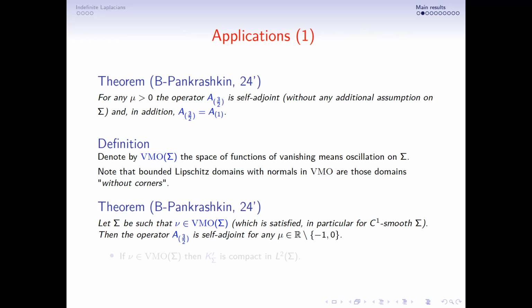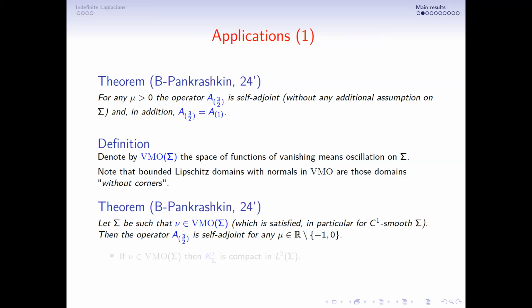So, well, we can say that VMO is close just to C1. It's very close to C1, but it is not C1. In fact, VMO hypersurfaces are those that do not have corners. You can see it like this. So in this case, again, we have self-adjointness for any mu in R without, of course, this